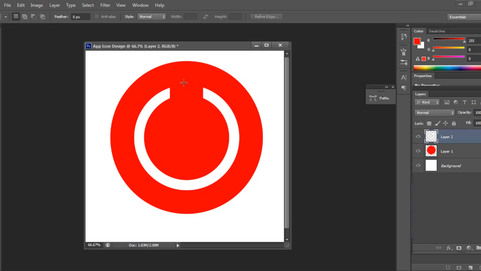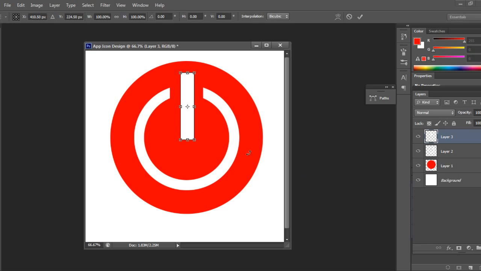Now we'll take one more rectangle, like this. Now I'll take one more layer, layer 3, and press Control and Backspace. It will be filled with white. I'll make it slightly shorter. Now it's fine. Now this layer and this layer I'll merge down.